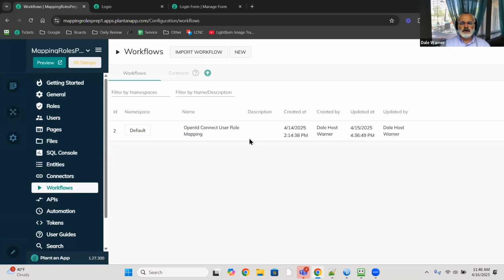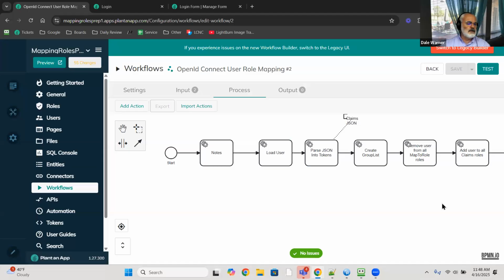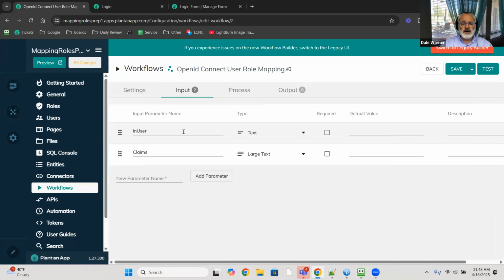And then the workflow, that same workflow that we were looking at that's on the Campfire site, if we do the import on that, it would create this. And it's a workflow, and we won't go through all of it right now, although after showing that it's working, we'll do that. But it takes as input a user ID, which I'm calling in user, and it has the claims, that same set of claims that we see in our email that comes back from OpenID Connect. So it's passing all that in, and the result of it is that